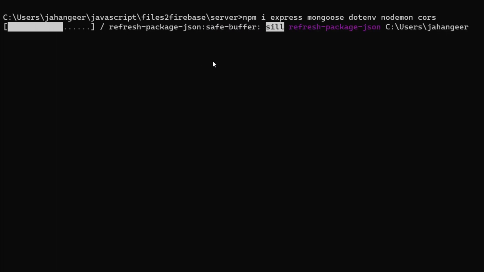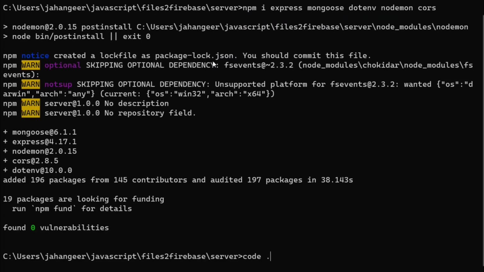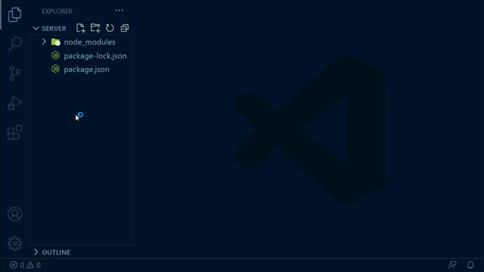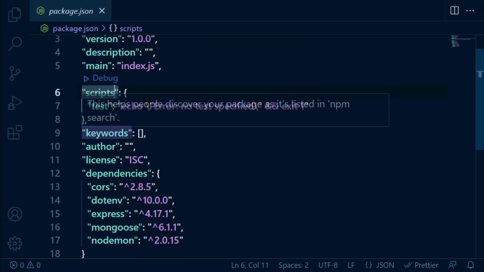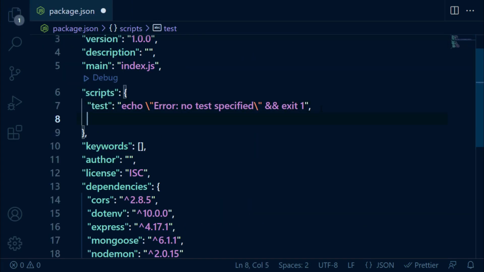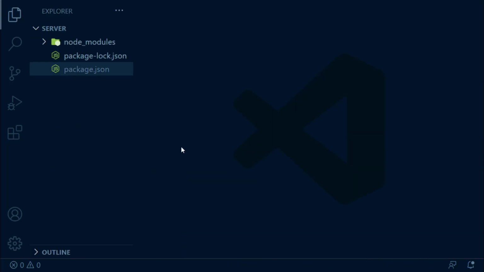After installing dependencies, we're going to open this project in Visual Studio. In here, let's open package.json file. Here, in scripts, let's add start nodemon index.js. We're going to run this application with nodemon. Let's save this, and in root directory, let's create index.js file,